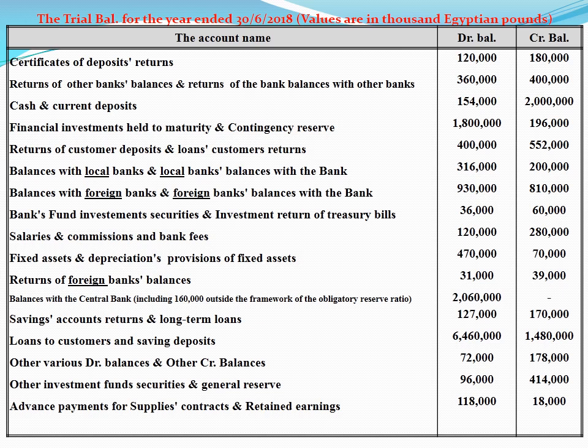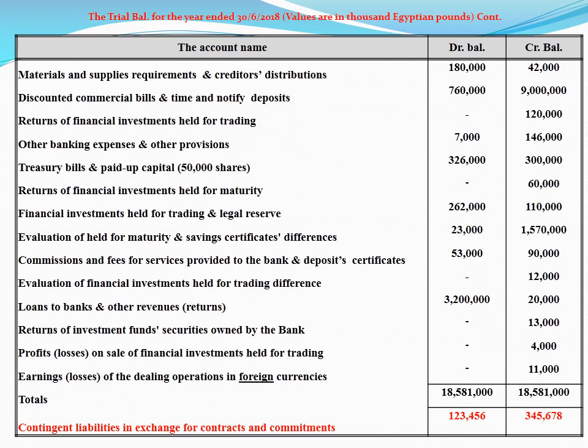That's why some of these items should be taken together, assembled, totaled together to appear as one item, because they are sub-items, as I told you before. You will see while solving the case. This is the first part of the trial balance. This is the second part, and the total, as you see, 18,581,000. This is the total of the balances, either debit or credit, that we will adjust using the inventory adjustments